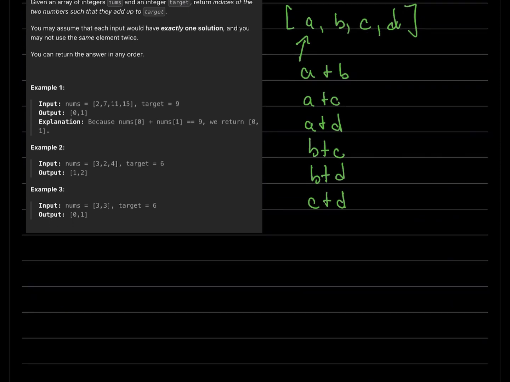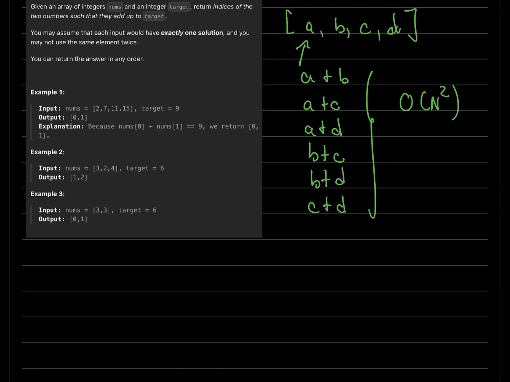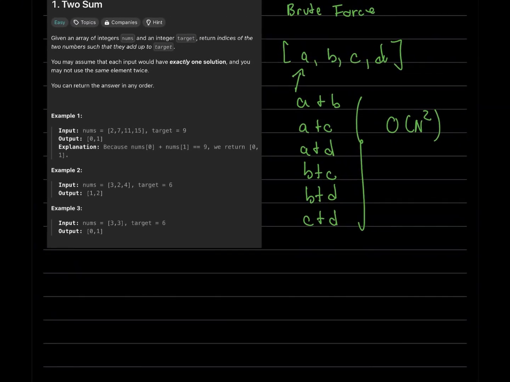Because if we use this kind of approach, we will achieve the solution in the time complexity of O(n squared), which is not efficient at all. So one thing we can think of to have a more optimal solution is to use a hash map in this case. Let me clean it up,